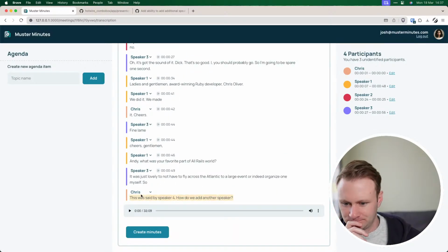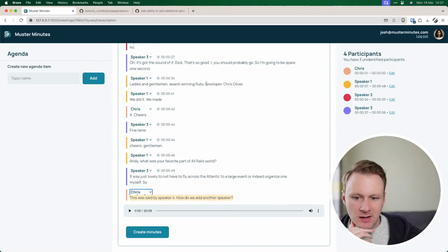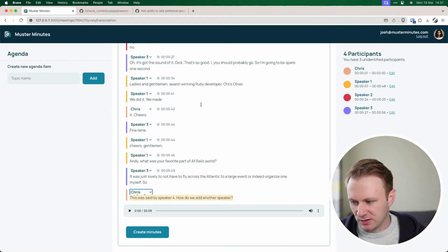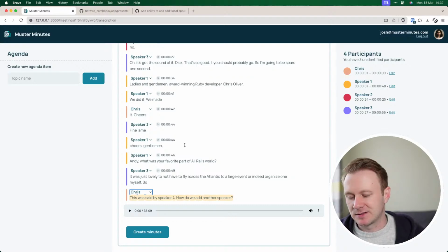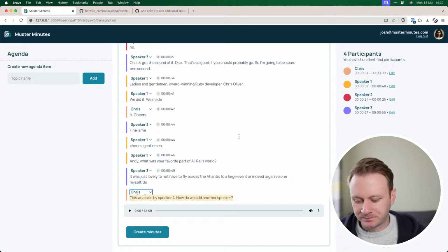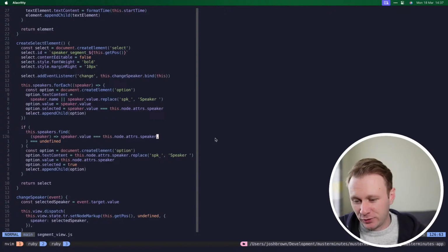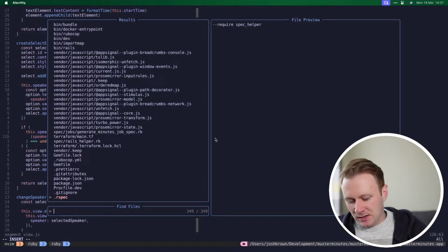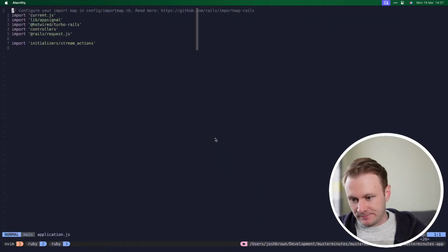What front end are you using for Rails, by the way? I'm using just Hotwire. I'm not really doing any React or anything like that. So this is all Hotwire, mostly just vanilla JavaScript. So Turbo for the navigation, and then Stimulus for some of the interactions. I don't really have too many Stimulus controllers. I mean, if I go into application JS,